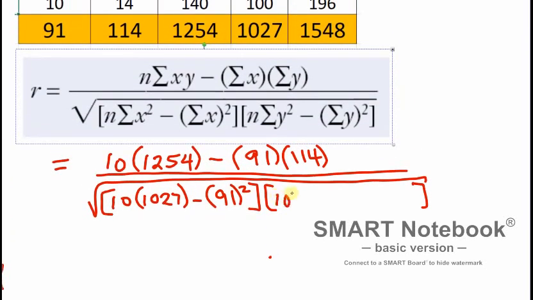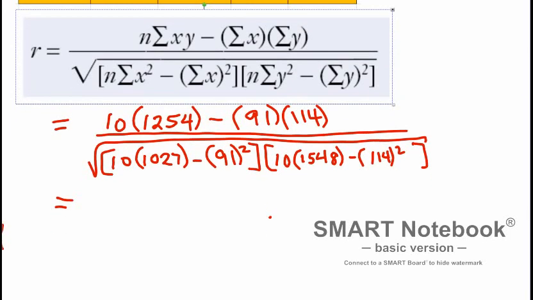So then over here we have 10 times the sum of y squared, which is 1548, minus the sum of y, 114, squared. And when you use your calculator and do a whole bunch of order of operations stuff, you end up with